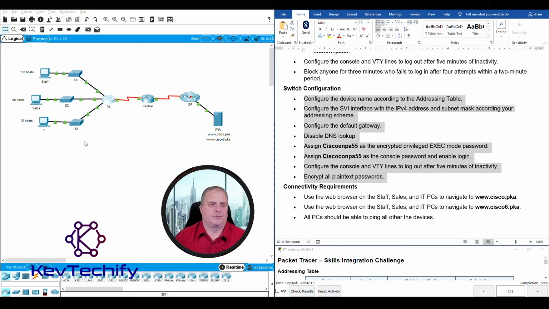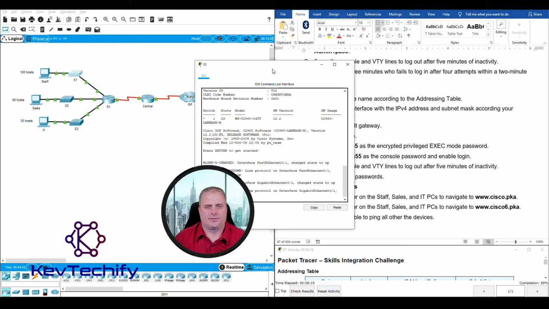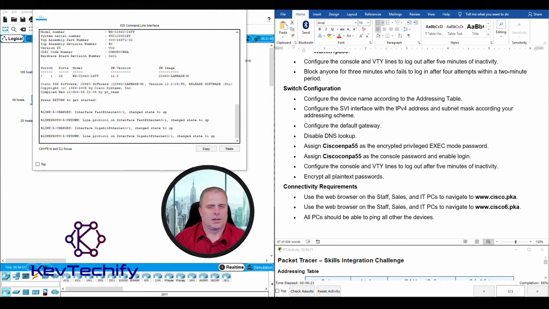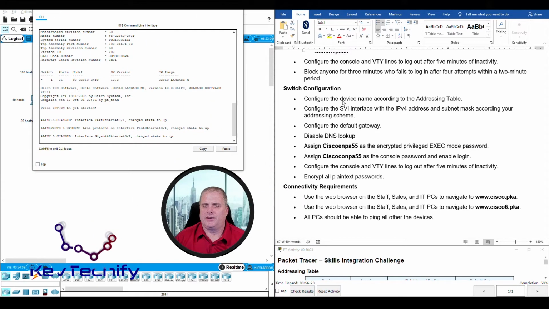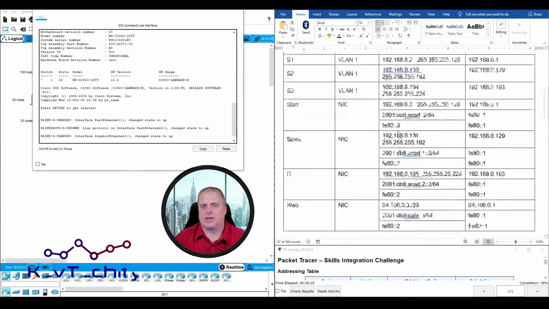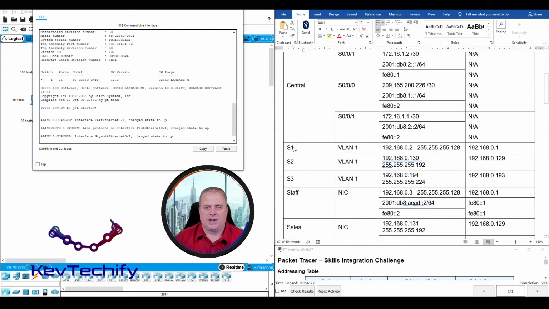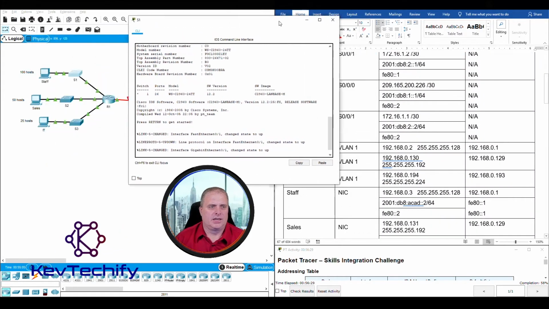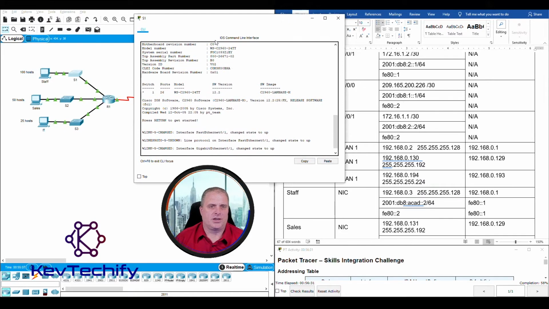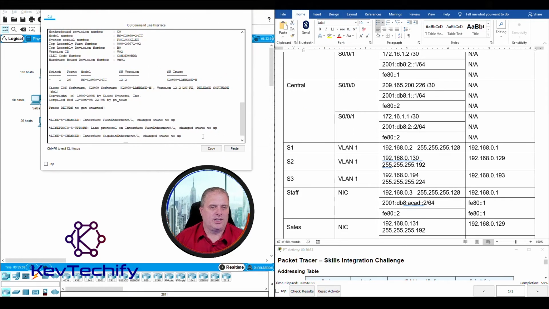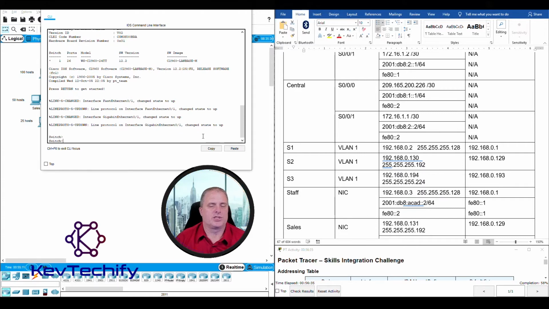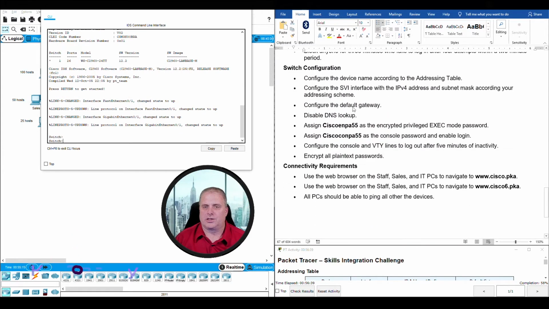Over here, I go ahead and click on S1. Open this up. Configure the device name according to the addressing table. Just scroll up here once again. S1, S2, S3. That's actually what they have it labeled in Packet Tracer. But when I hit enter here, we can see my device name is switch. It's still that default setting. Go back down here to our switch configuration. I'm going to set our